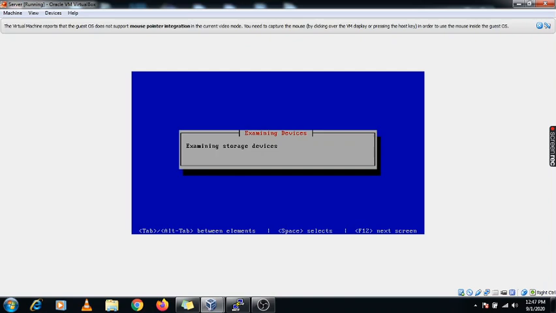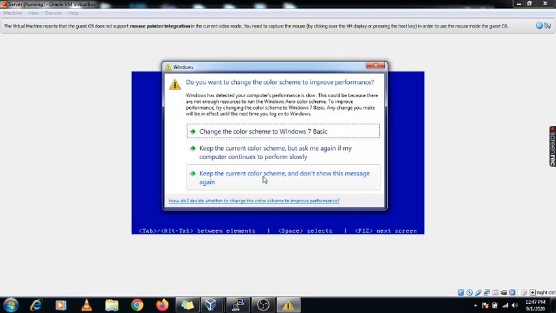Now it's examining the storage devices, what devices are available on my server.